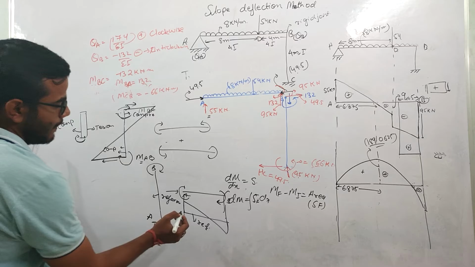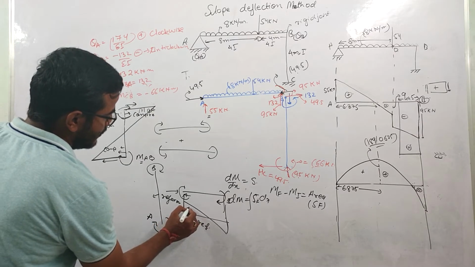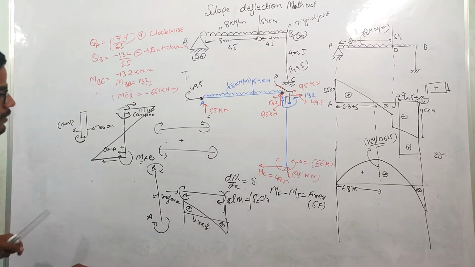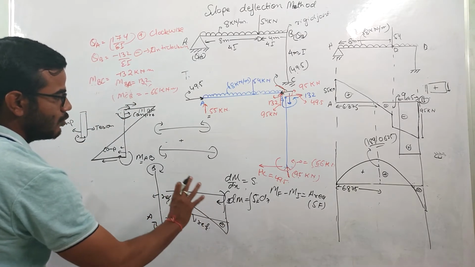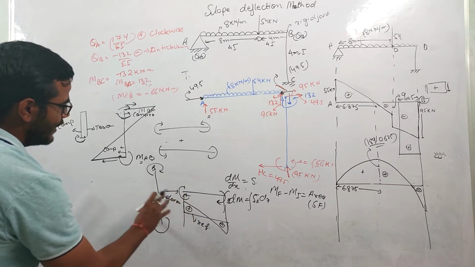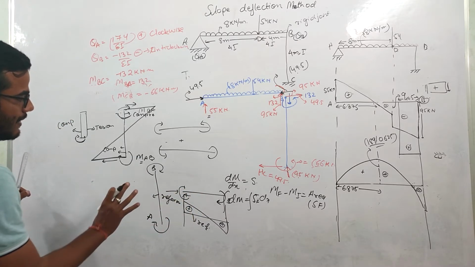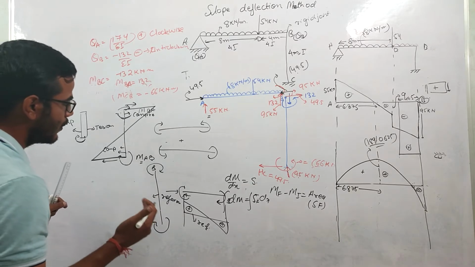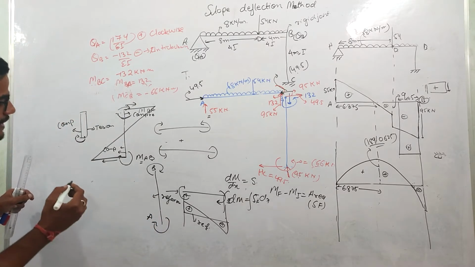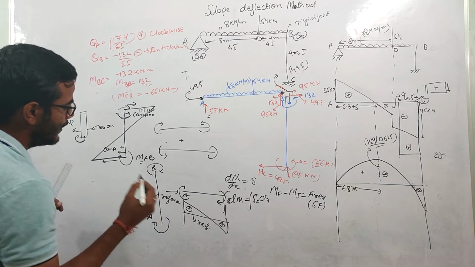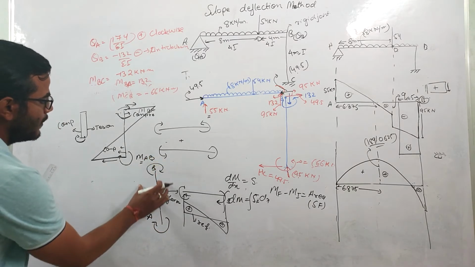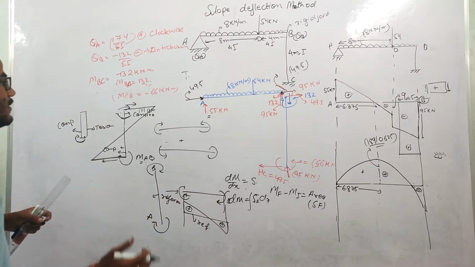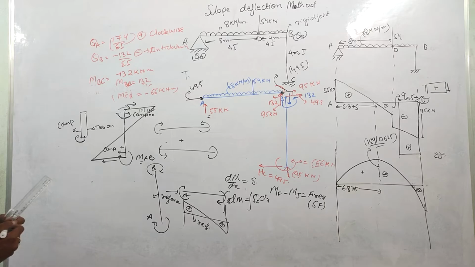Now you can see that the sagging portion is positive and this is negative. So this assumption which we assumed previously is similar to this assumption. But here we cannot define things for vertical members in terms of hogging and sagging. That's why we say we will draw the bending moment on the compression side, similar to our earlier assumption for the horizontal member.